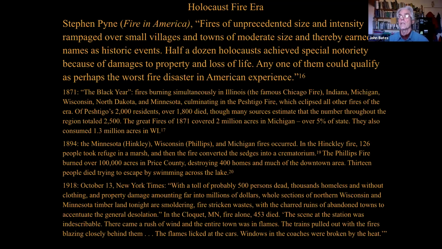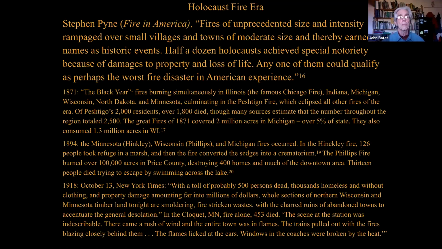Boy, if you read the history closely, there were fires almost every year from basically right around 1870 to 1920. We're starting to get control of fire by then. So it was a 50-year period of fires burning again and again and again, whatever is left. And what's interesting is that most people saw this as good.